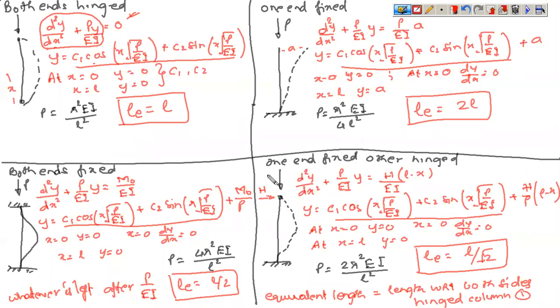So if you have a both end hinged column, then with respect to that, in this case, LE is equal to L. If you look at here, LE is equal to 2L, because if you replace L by 2L, it becomes the condition for a one end fixed, other end free column. Okay. If you look at this condition, both ends are fixed. LE is equal to L by 2, because if you put L equal to L by 2, then it is 4 pi square, it is pi square EI by L by 2 whole square. And here L gets replaced by L by root 2.